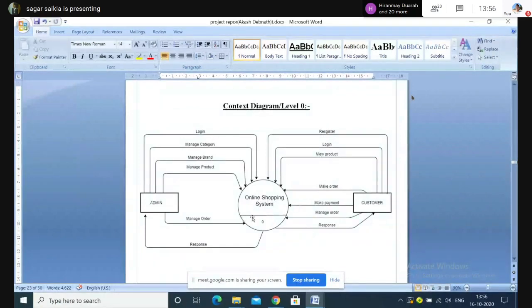Then this line will be there, which divides the entire circle or oval into two halves, but this should be a little bit lower, and the numbering should be 0. Clear? Now, how many entities are there? Two external entities. Why do we call them external entities? Because these entities will be interacting with the shopping system, isn't it?